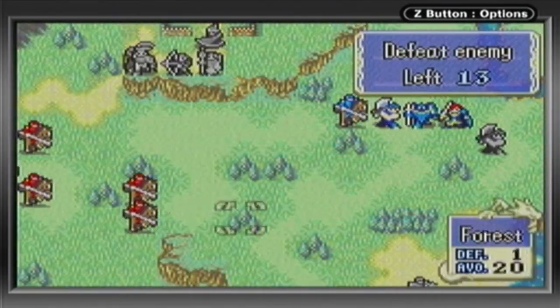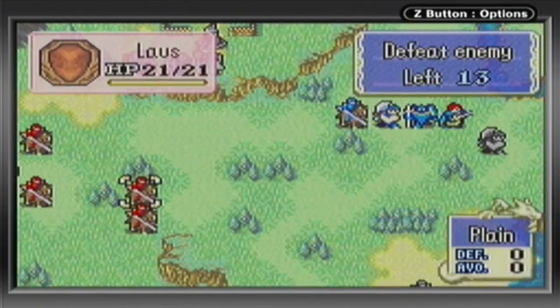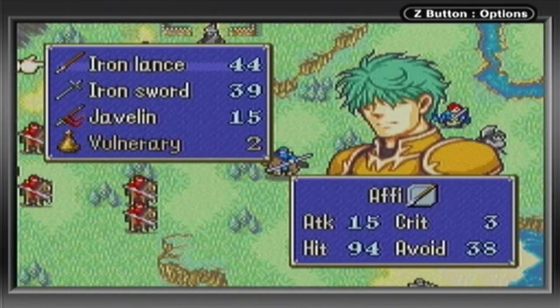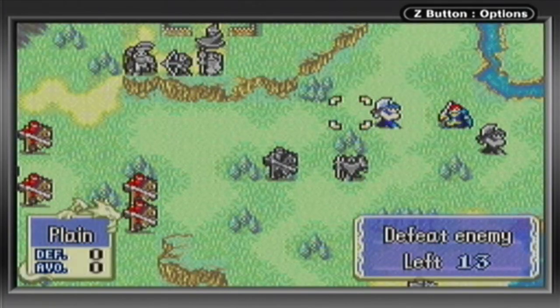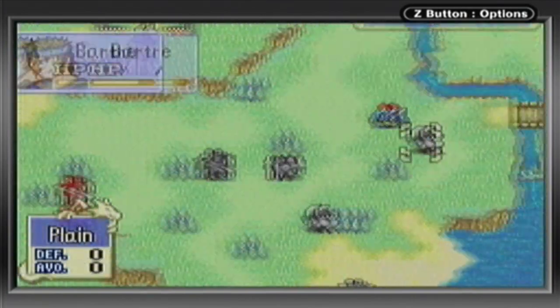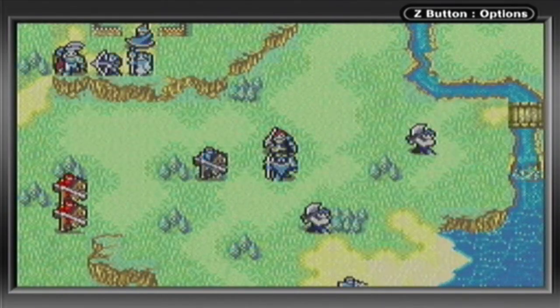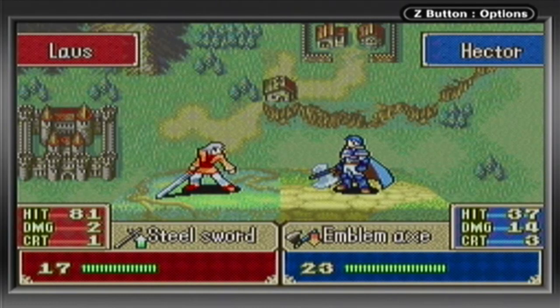Okay, so now we have these Cavaliers coming out to the center here. What I'm going to do is pretty much just make a little wall over here. I'm going to have Lowen come down like this. I should probably give him the Iron Lance. He has that. Good. I'm going to have Oswin go down here. I'm going to have Dorcas stand on that forest tile. Just kind of space everyone out enough so that everyone can come over and help if need be. But for now, let's see how Hector...